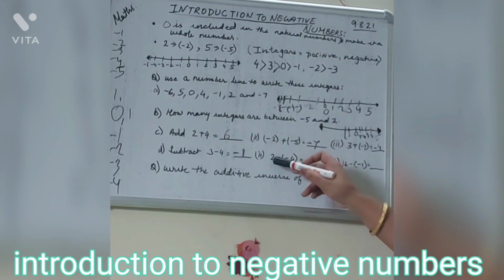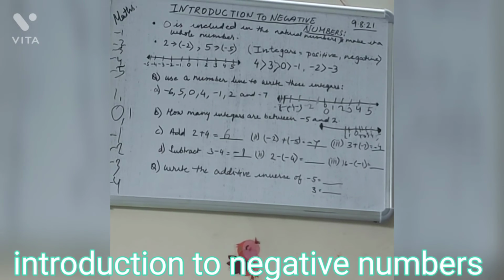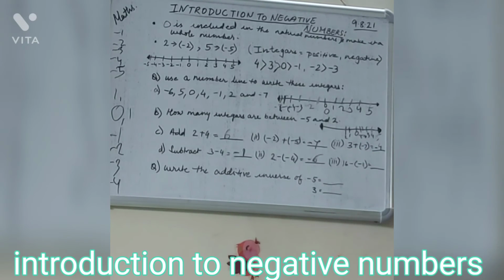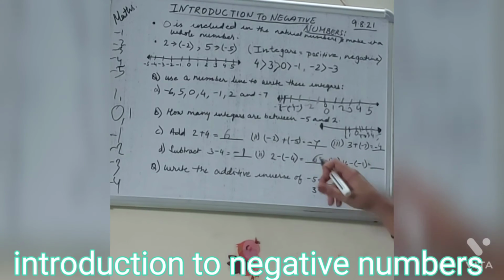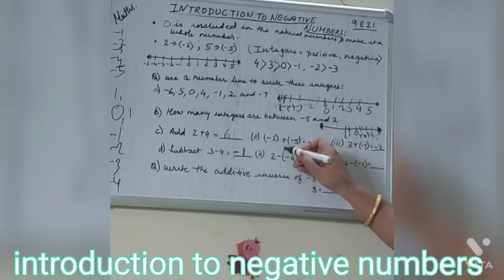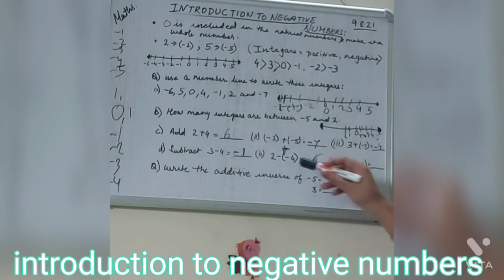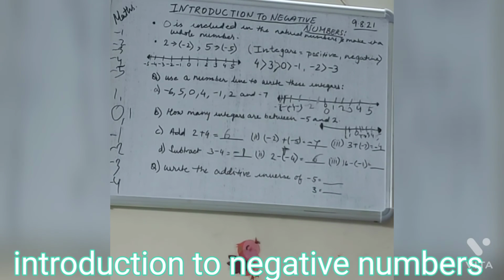Here another subtraction is 2 minus -4. So minus and minus are both the same. So what we'll do is 2 plus 4, that is 6, and the sign of the bigger number, that is minus. Right? Now, sorry, it will be just simple 6 because minus and minus is equal to plus. It becomes positive. Okay? If we have the same sign together, that is minus and minus together, then it becomes positive.